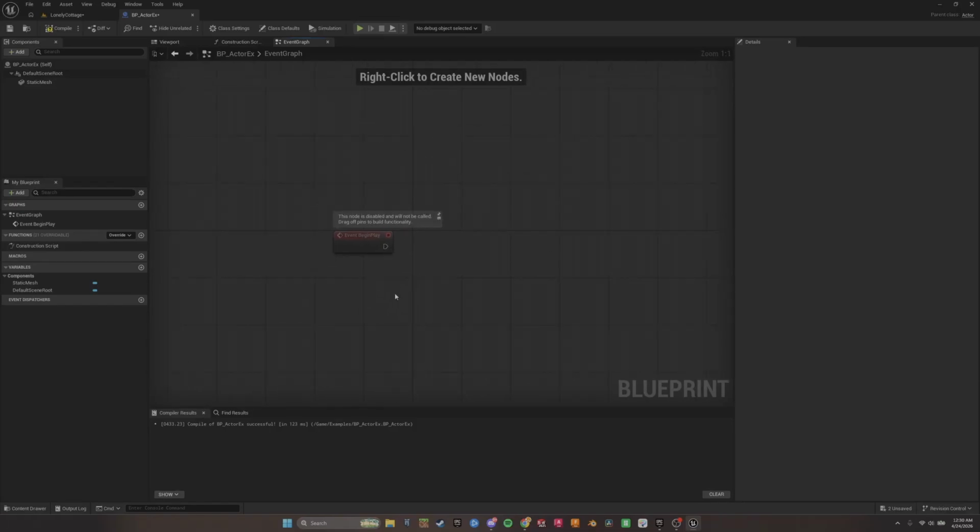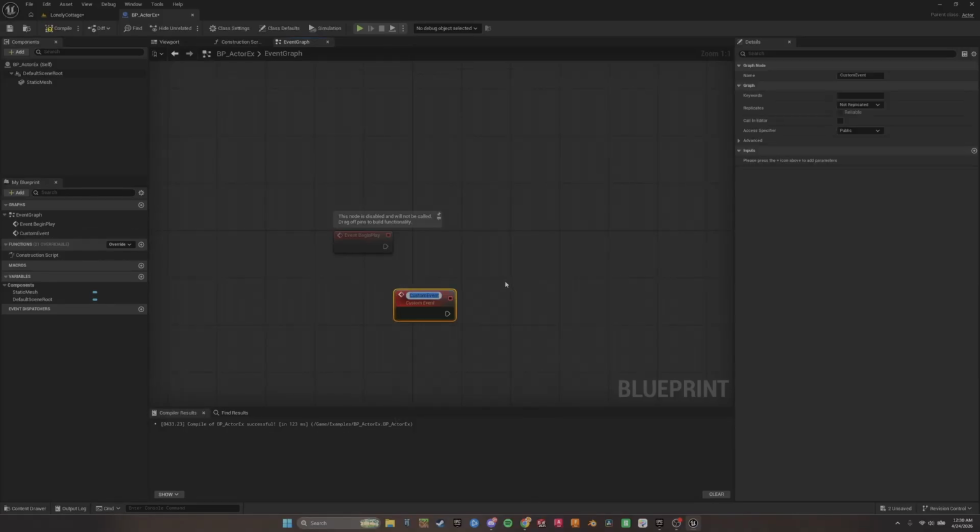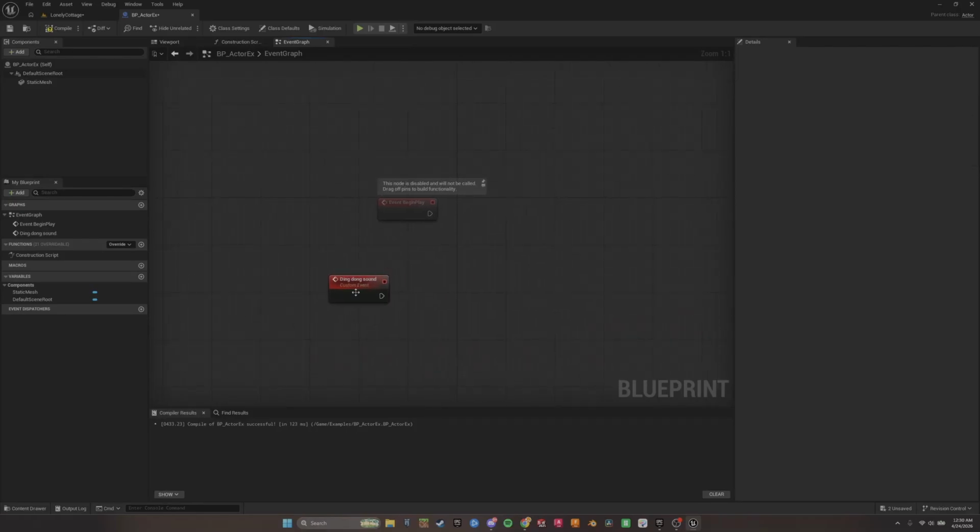Now, an event is signaling the start of something. If I create an event, I can call the event whatever I want. Custom event. Ding dong sound event. Right? Now, this will never play. This custom event will never play. Right? This begin play